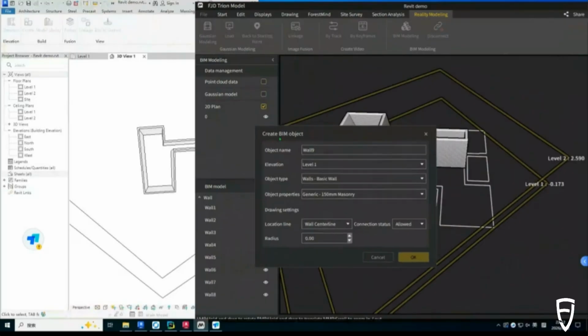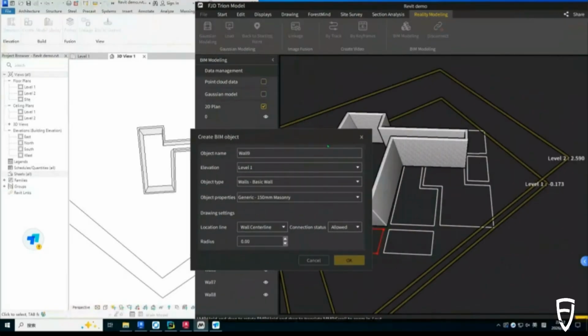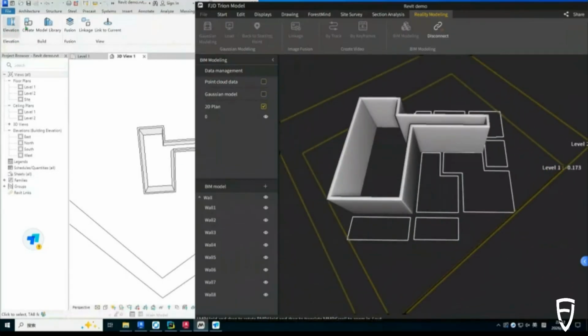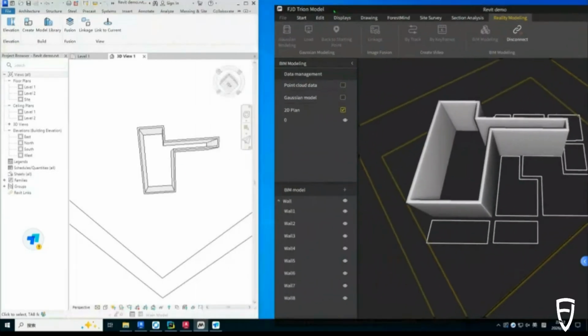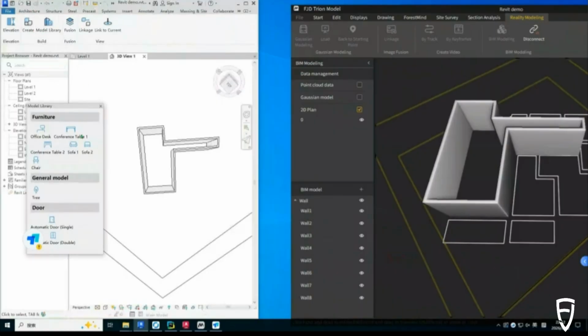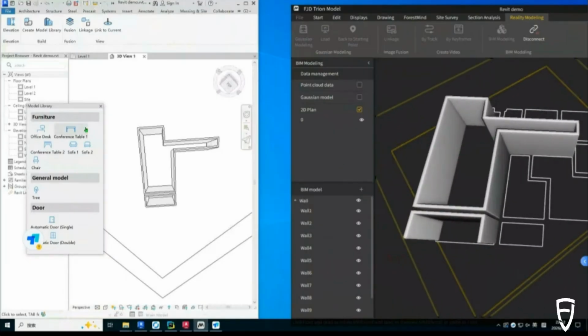And so if you want to have more library, you can do it on the Revit. So you can see here on Revit, we have an FJD model modeler. And then here you can select the library on Revit. You can add something like the chair, the sofa, and then after you add this object on Revit, it will also update on the Trion model,